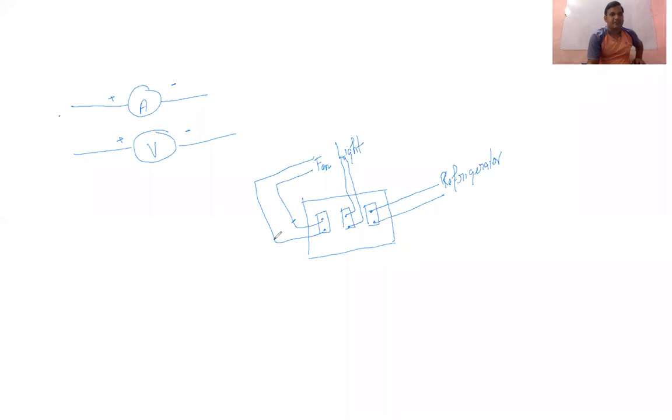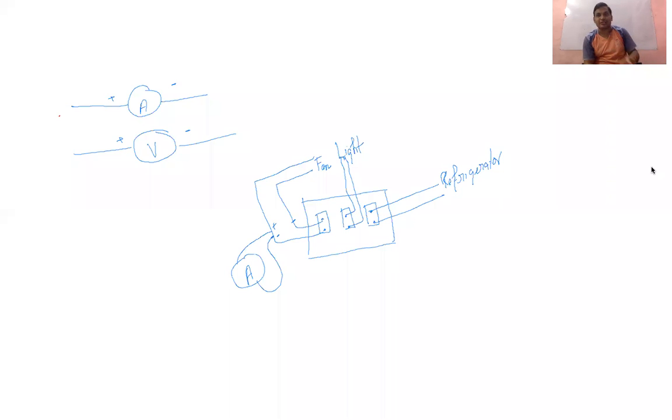Okay, I'm cutting it from here only, so there will be two parts. Now we can just add our ammeter like this. This will be your ammeter A, and here it is cut. So it will have a positive and a negative end. This will be said as your series combination.